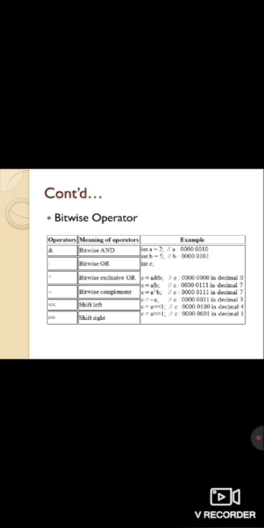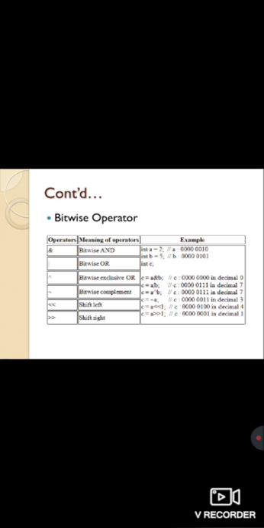So here the bitwise AND operation will be performed and finally the result will be stored into c. If we perform the bitwise AND operation on the binary value of a and the binary value of b, the result becomes 0.